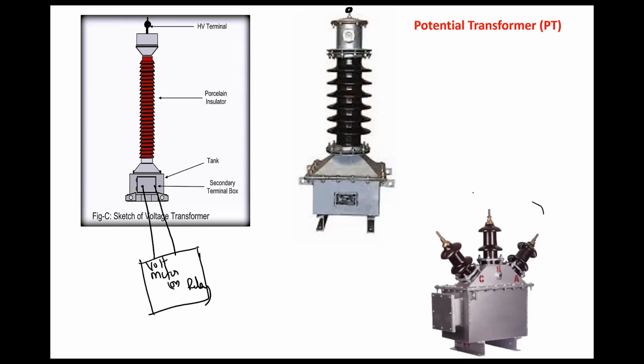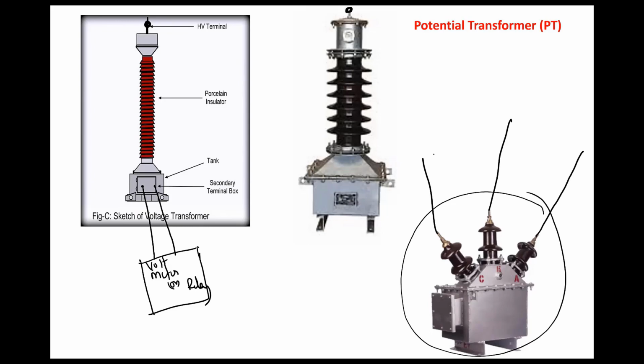So here in this image you can see 3 phases. All 3 phases can be directly connected. That means this can be connected to R phase, Y phase and B phase. So from the PT box you can take all the low voltage and use it for measurement or relaying. So this is a 3-phase potential transformer, whereas this is a single phase PT. That means it is only connected to 1 phase. Such 3 devices are required to measure all 3-phase voltages. Okay.